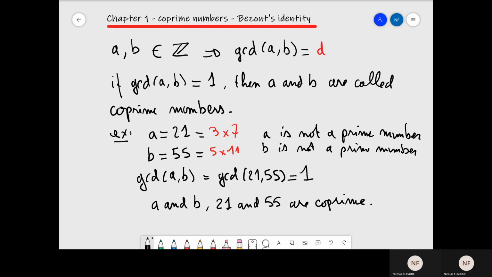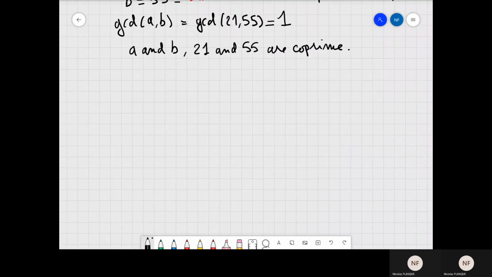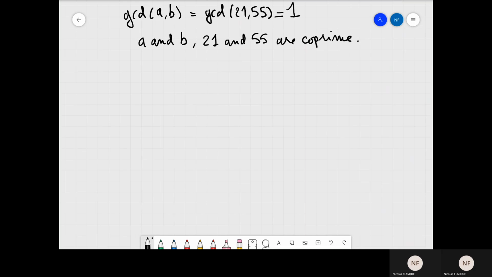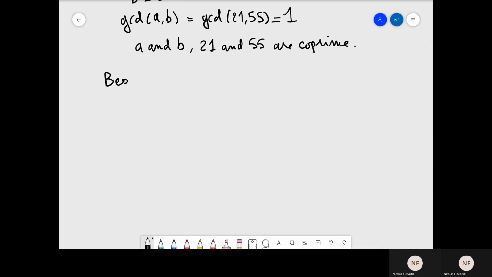But neither 21 nor 55 is a prime number. So pay attention not to confuse the notion of prime number, which is about a number itself and alone, and coprime numbers, which depends on the value of their GCD. Okay, next, let's talk about a very important feature,